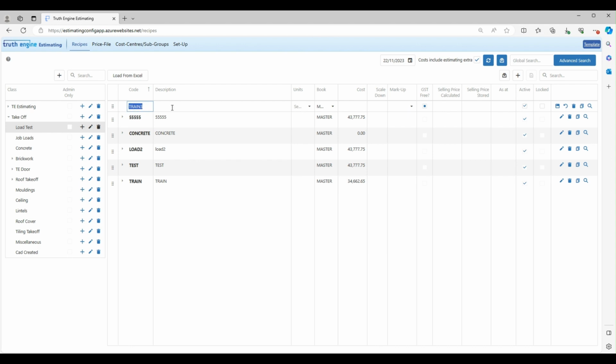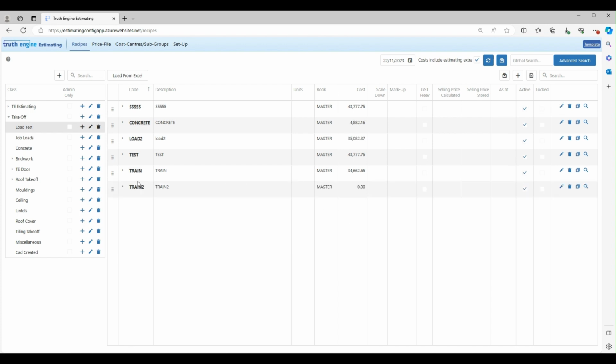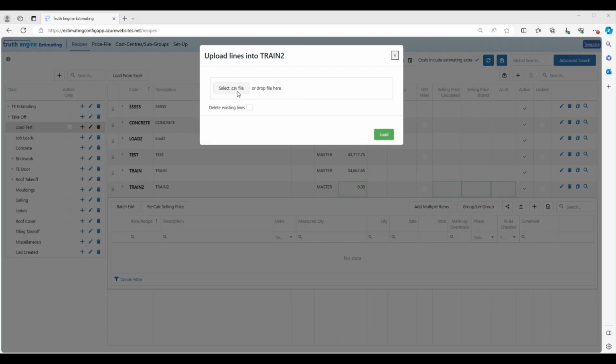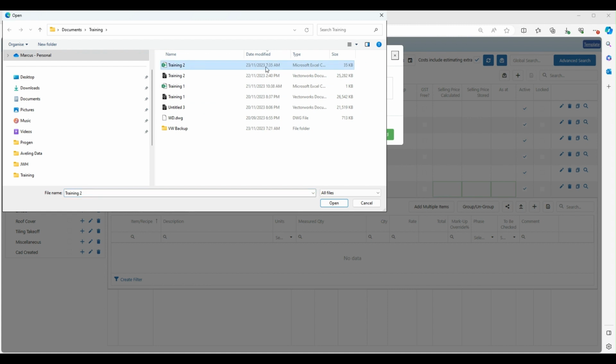tree. I think the model is called too. And save that. Okay, and then we can expand out that recipe, and to load up those quants we've just created, which is in a CSV file, we can use upload and browse that file,